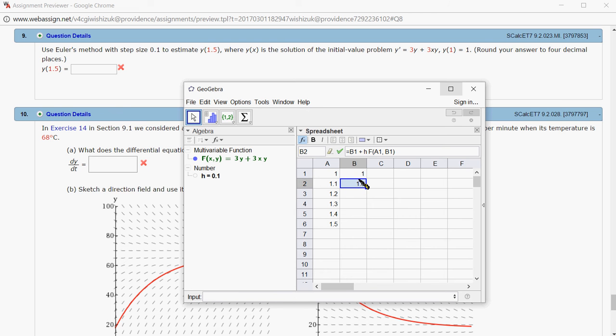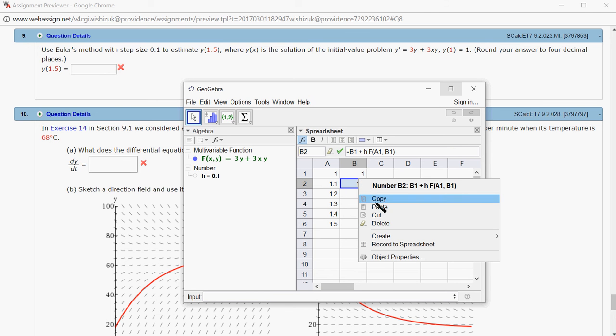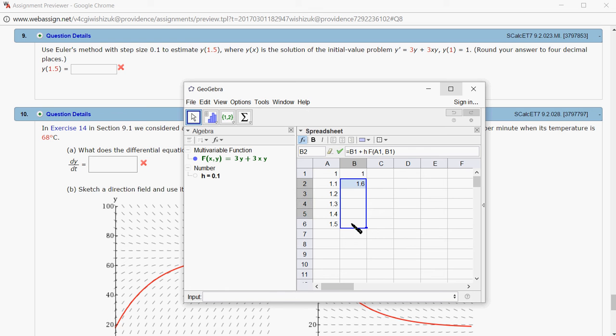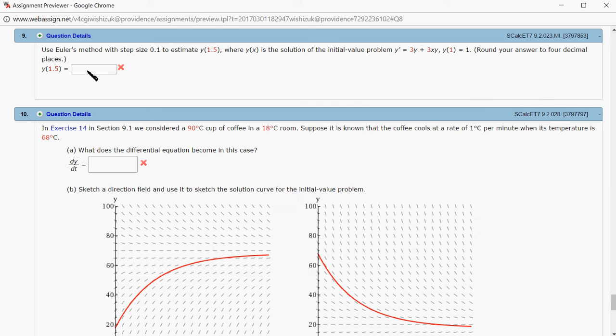Then I'm going to copy this formula, and paste it there. You can see that here this is x1 and y1, and this is x2, y2, and so on. And when x is equal to 1.5, y of 1.5 is approximately 12.58. So we type in